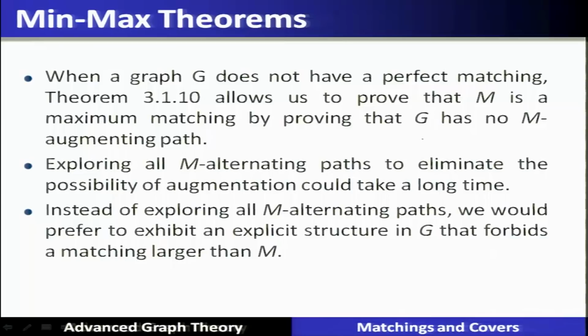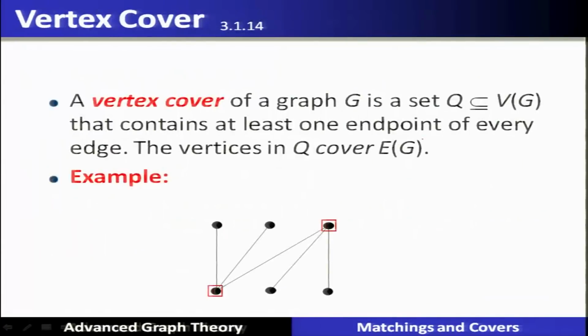Exploring all M-alternating paths to eliminate the possibility of augmenting could take a long time. Instead, we could prefer to exhibit an explicit structure in G that forbids a matching larger than M. So, we are going to see what is the condition which will forbid getting a bigger matching